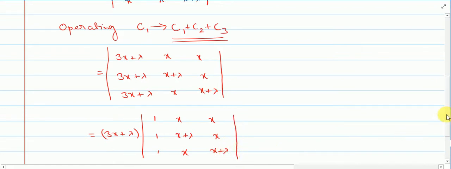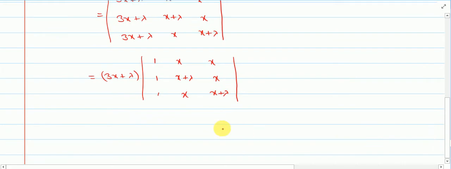And once you see like in any row or a column that all the elements are 1, then try to make 2 of them 0. So here what I will do, I'll try to make this 0 and this one 0. So for that what I can do is